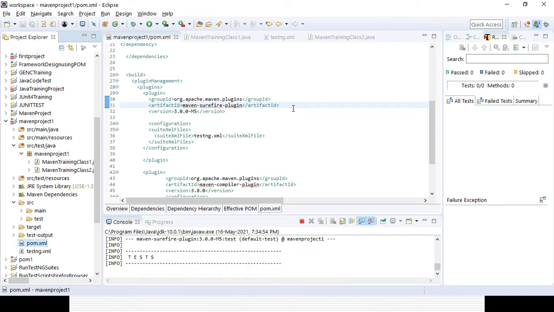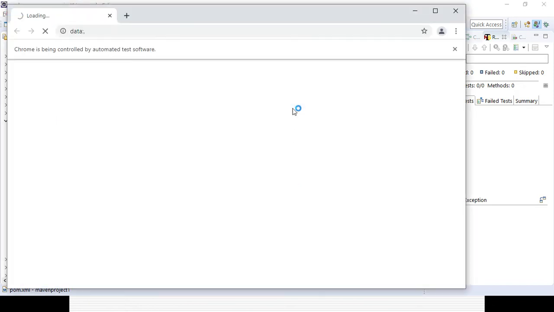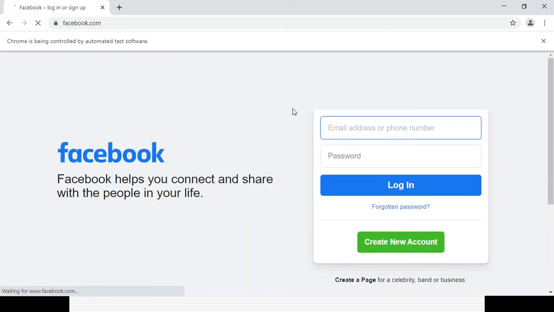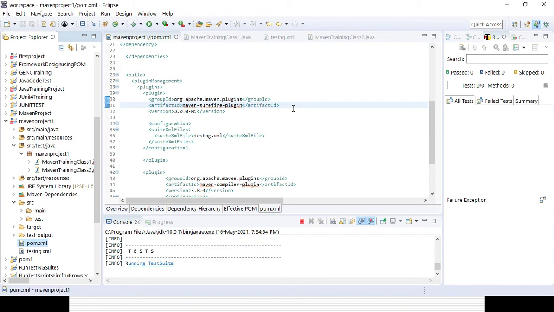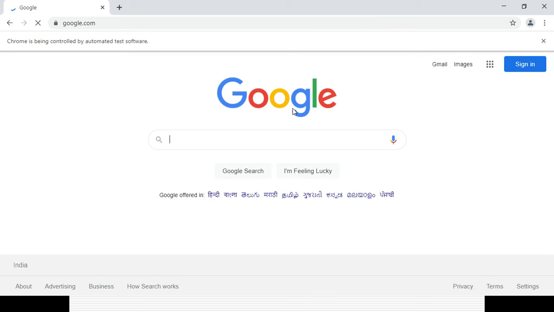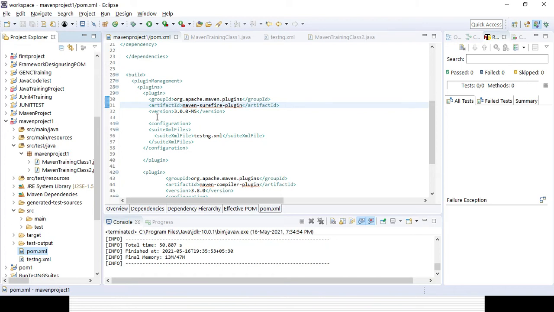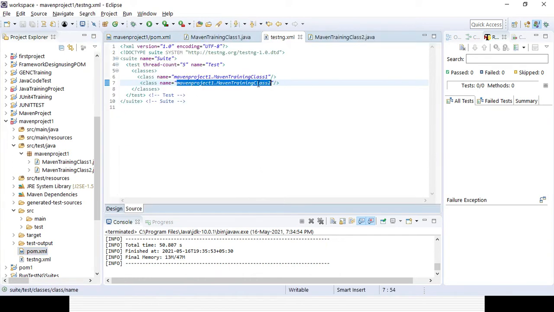It is successful, and that is the reason it is going for the test. Now it is trying to run the tests one by one. It will launch the Chrome browser, open the Facebook page, run one class, and quit the browser, then go for the other class. You can see one class has already run, and it will go for the other class, where it will open the Google page, quit the browser, and print the Google title, right? So both my classes are working fine. You can even add multiple classes in multiple packages, it does not matter. Here you need to give the package name dot the class name if you want to run it in the testng XML file.